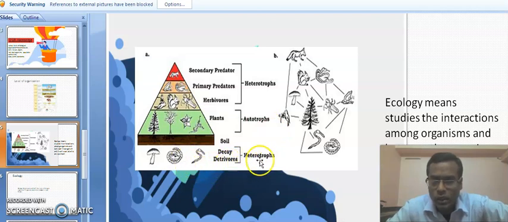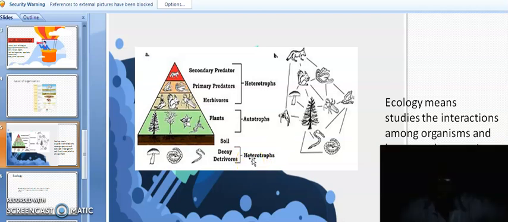Here we will see how the interaction is happening. Like this is the soil, this is the plant, this is the herbivore, that is a primary predator and secondary predator. So here we will discuss the heterotrophs. Who are the heterotrophs? Like those who are depending on the